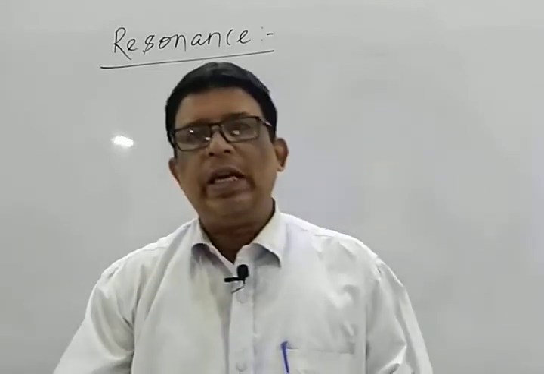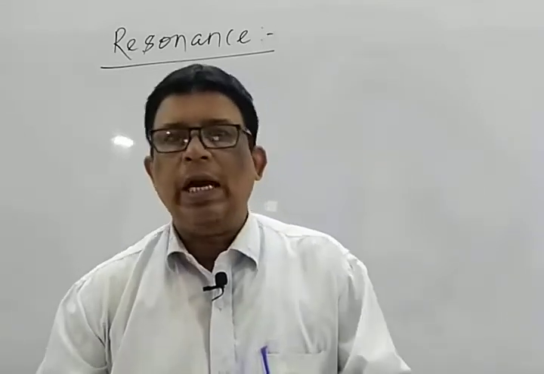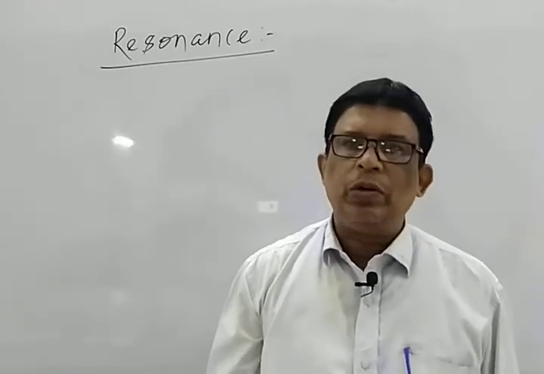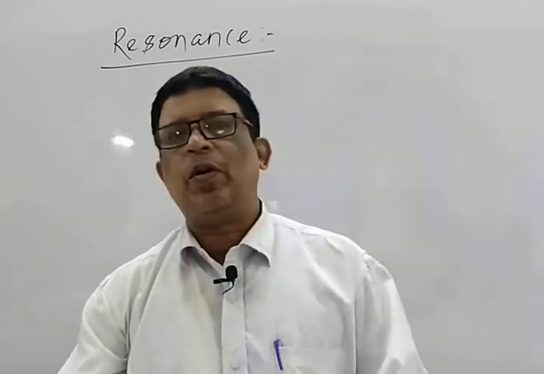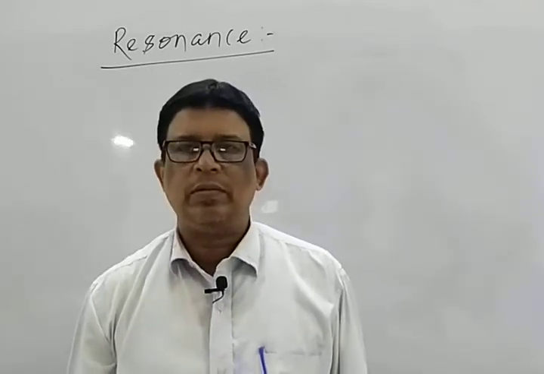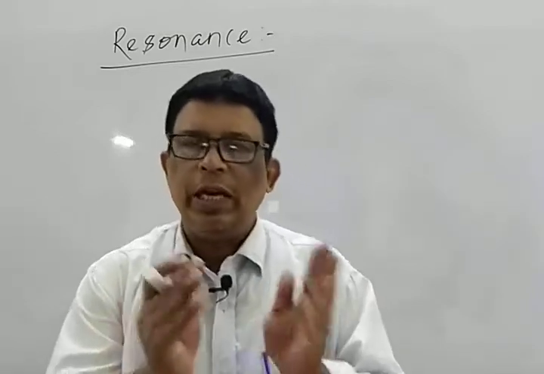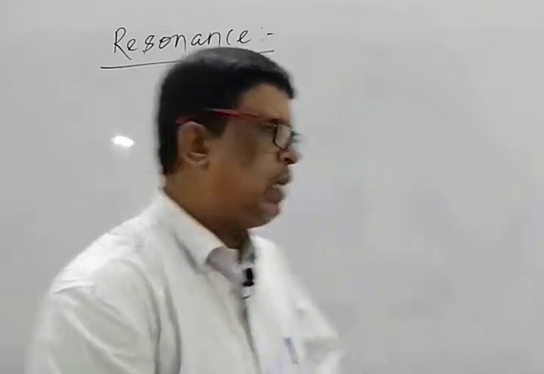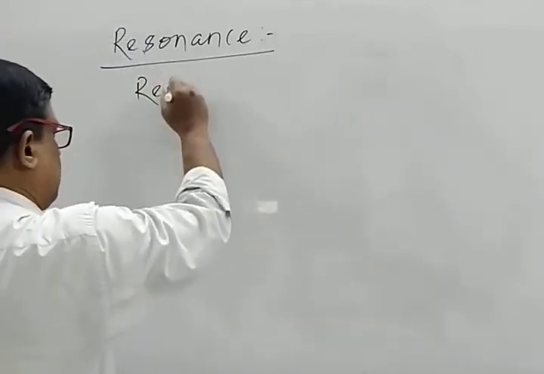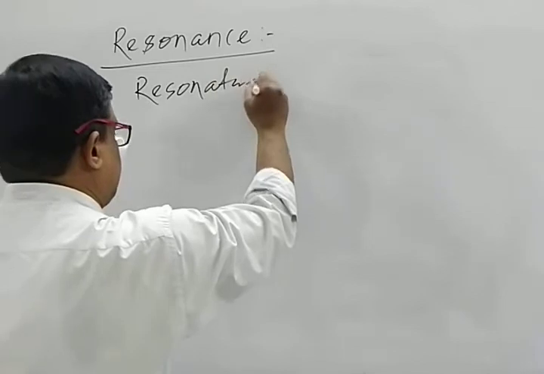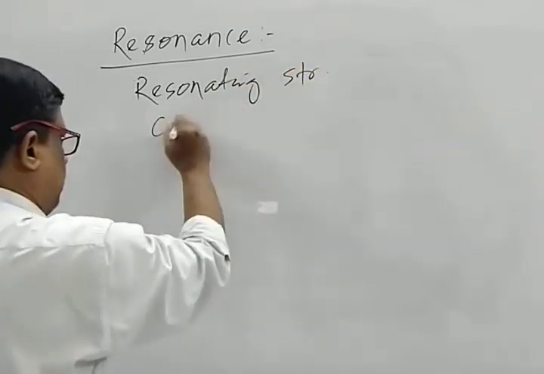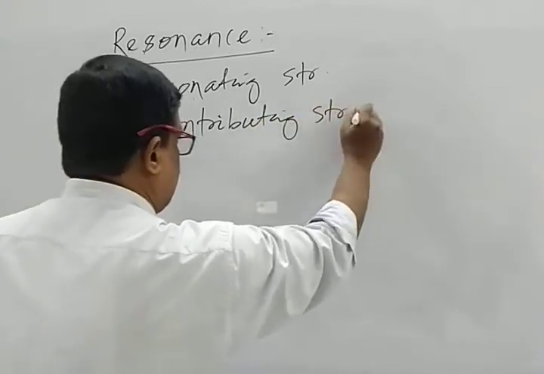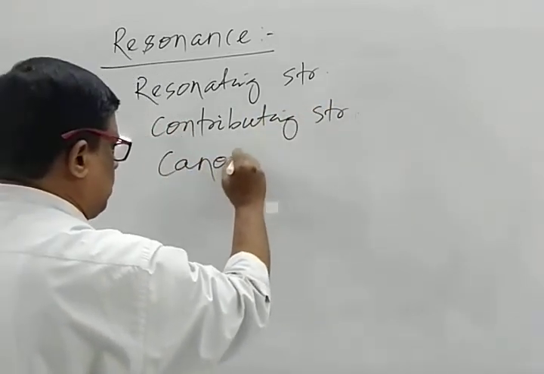Each structure gives a little bit of an idea about the original structure, but none of them is able to give all the characteristic properties of the original structure. Then each individual structure is known as a resonating structure. Mark that: each individual structure is known as a resonating structure, or a contributing structure, or a canonical structure,